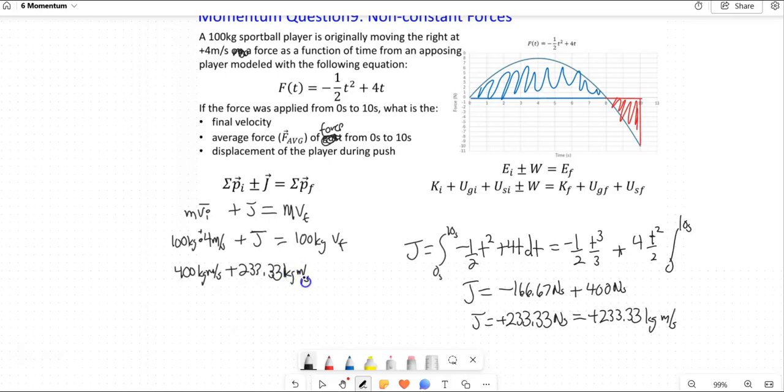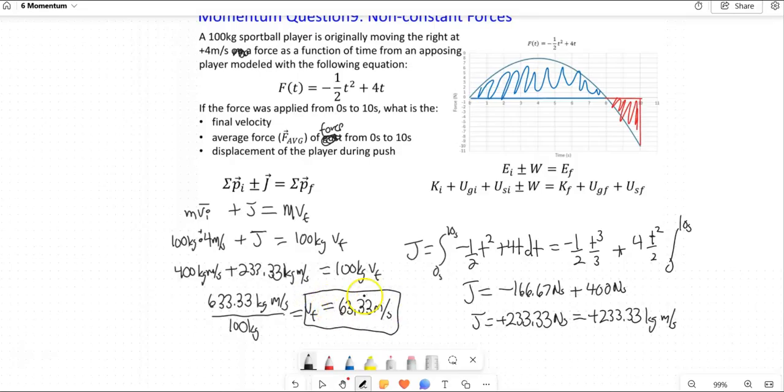That's going to be equal to 100 kilograms times V final. So this is going to be 633.33 kilogram meters per second that we're going to divide by 100 kilograms, and that is going to be our final velocity, which is 63.33 meters per second,